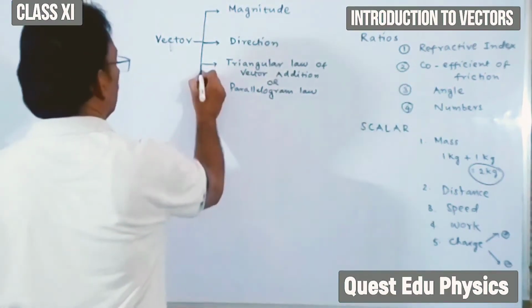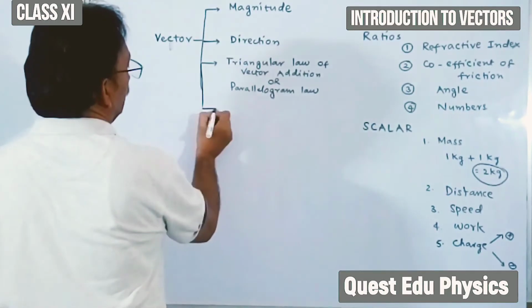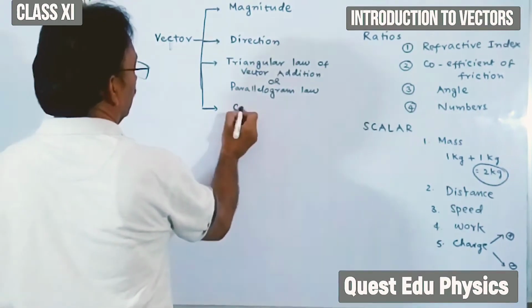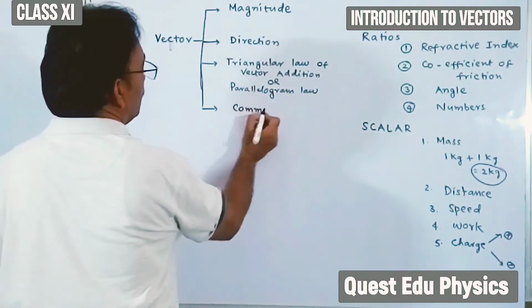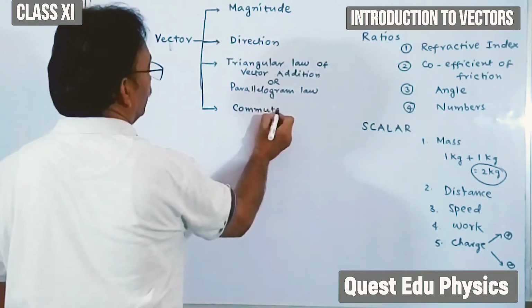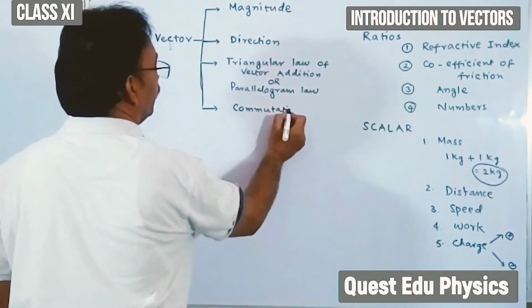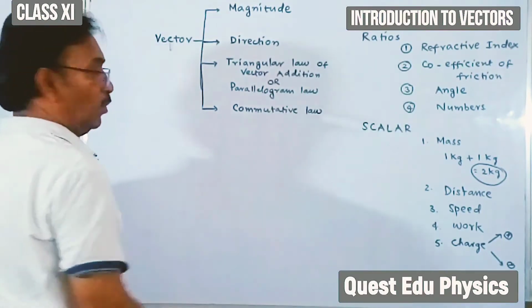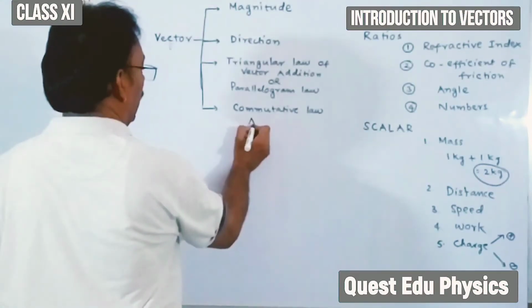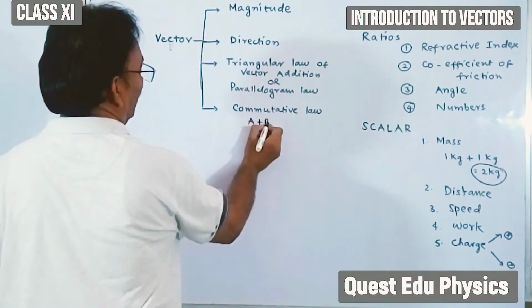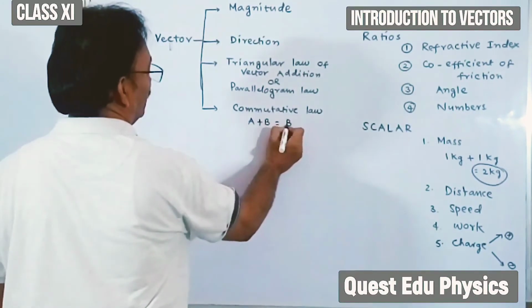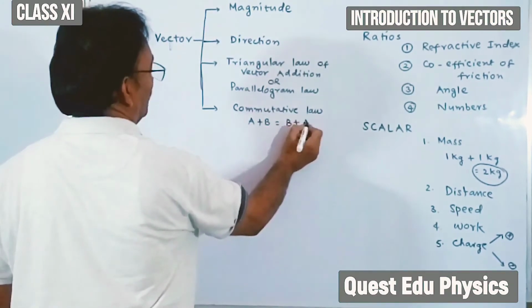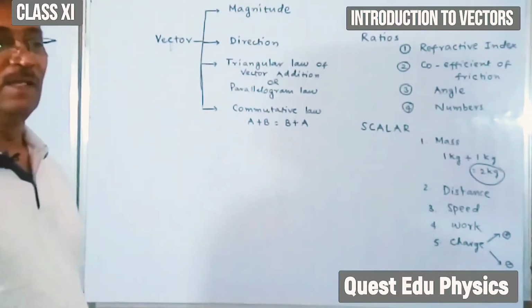And the fourth one, it has to obey the commutative law. That means what? A plus B must be equal to B plus A. Okay, these are the four